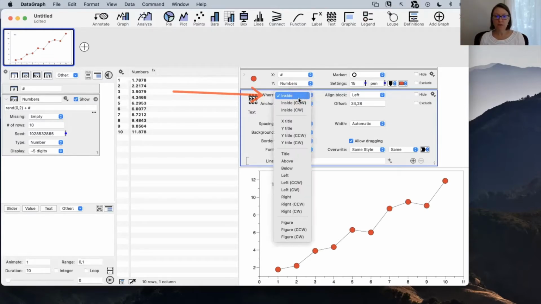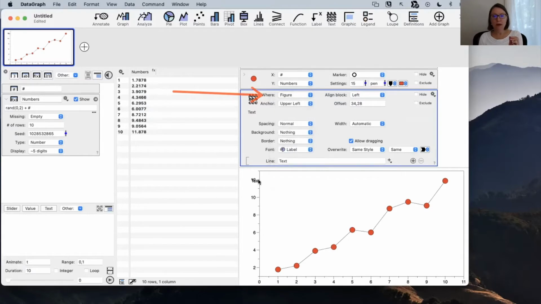And if you click on this menu here, you'll see there's all these different options. You can actually use this for creating titles if you don't like the way the default title is, X titles, Y titles, above, below. And if you pick figure, that will place it relative to the entire